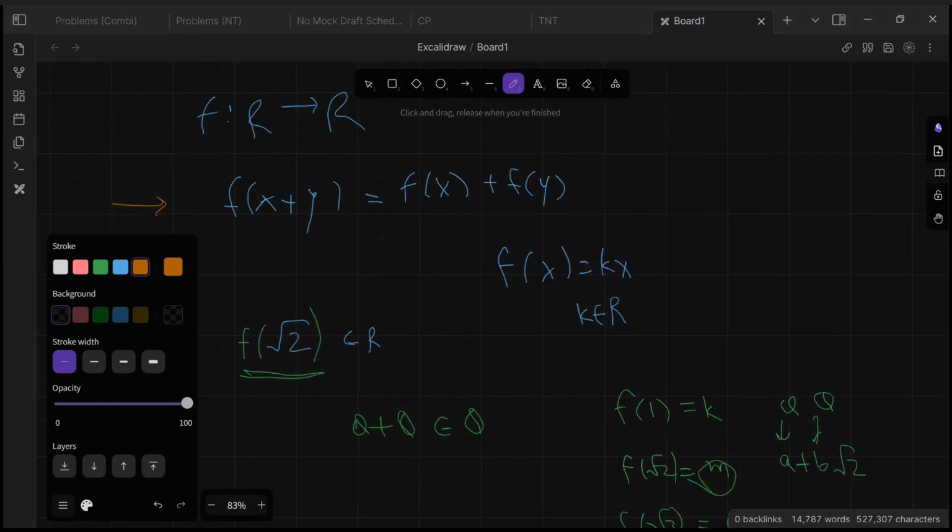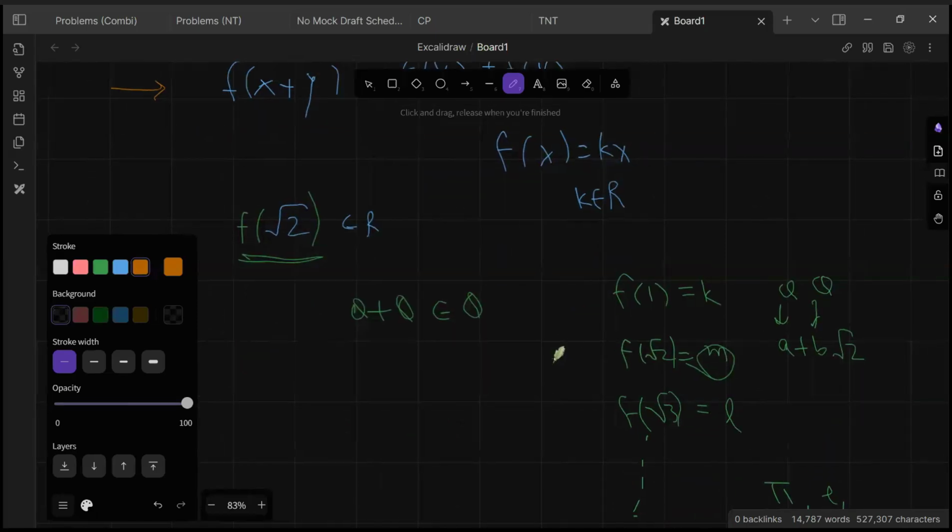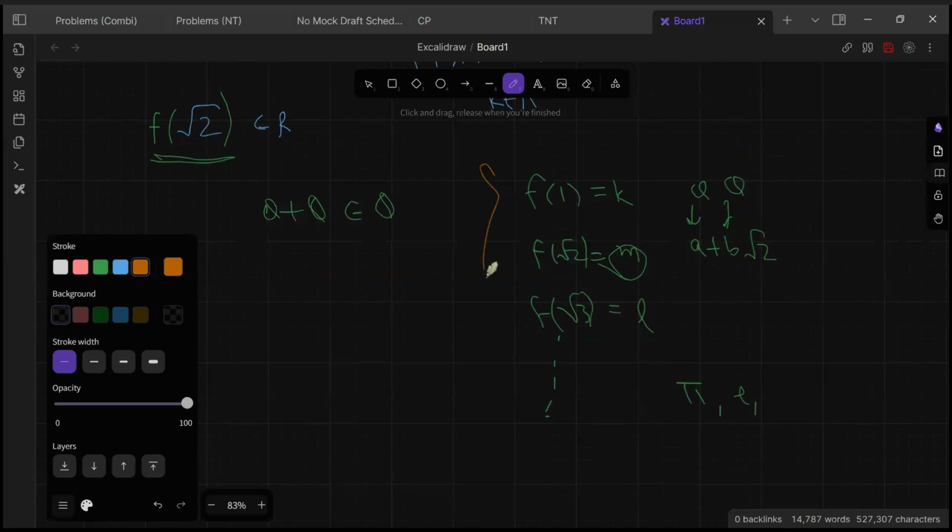Could you tell one solution which is not of the form x equal to kx? Not equal to kx. Yeah, can you tell a non-linear solution to this? Okay, I mean, that's what I just described. This is a description of a nonlinear solution where you have infinitely many things. But to be particular, let's say